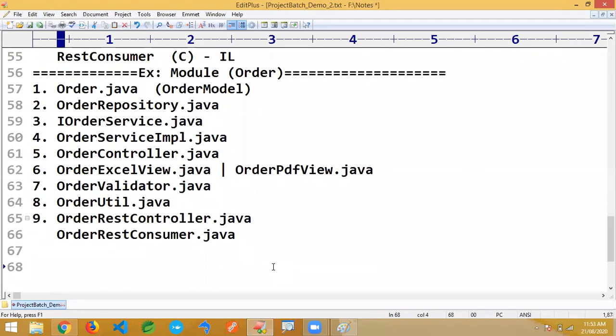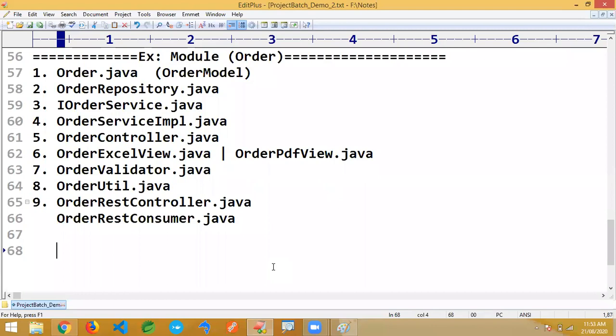It's writing one module. Integration is very complex, writing code files and all; that I'll show later. It's just one example. If you take it like that, these are the files required. Okay, are we going to directly write the code? No, no, no. First, we have to draw the designs.